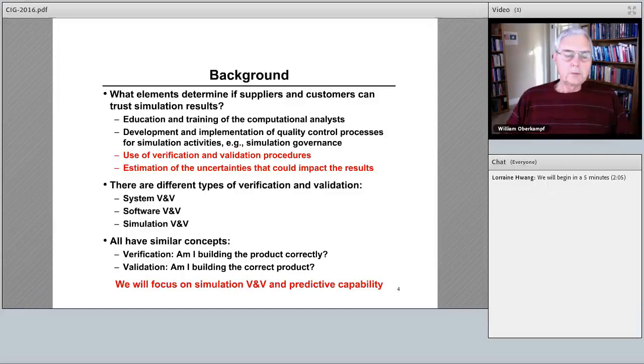In this area, people should realize that there are really three different ways that the terms verification and validation are used. There's system V&V, and that term is primarily used in the engineering system world, where they talk about V&V of systems. And that's a very useful concept. They have developed a large literature, a number of books, and of course publications. And that is for testing out your system. For example, hardware in the loop system on aircraft control systems or any sort of automatic control system.